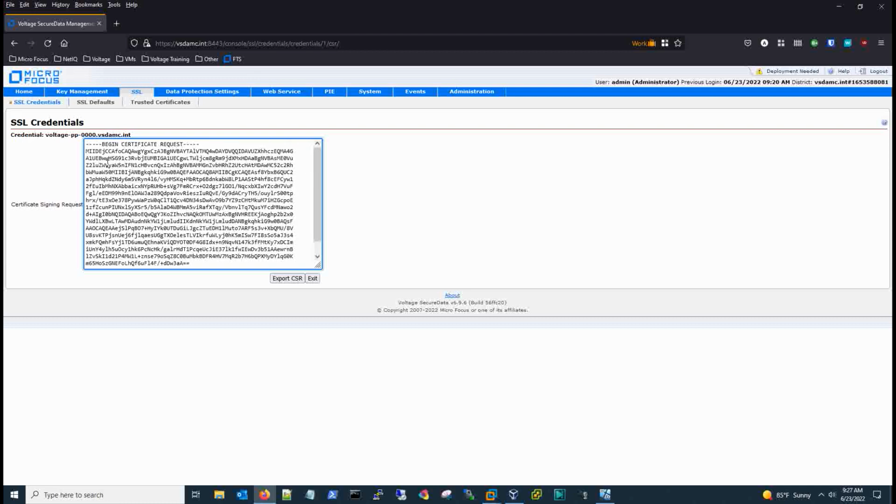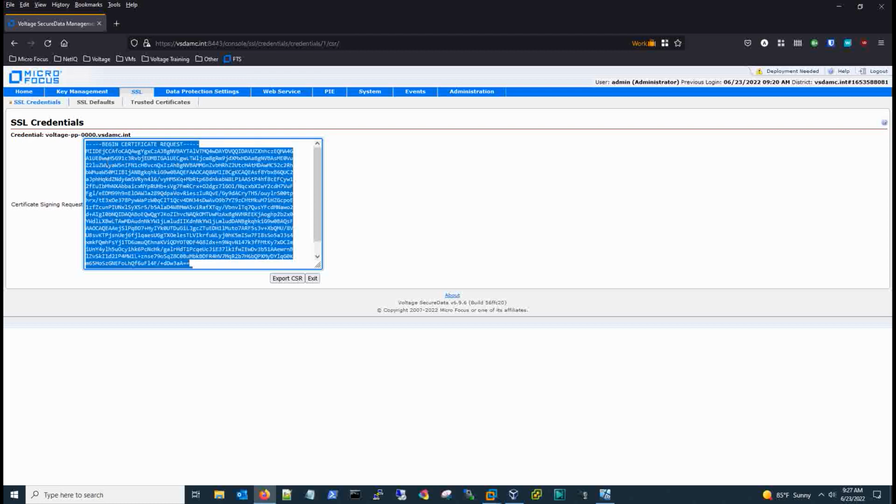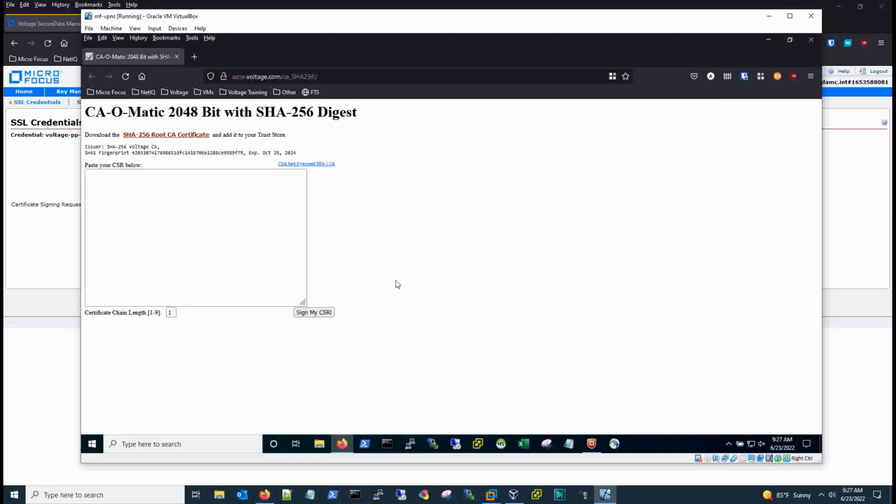In this case, we're just going to copy and paste because we already have a method to generate the certificate. So we're going to go to our tool for generating certificates, and this will vary depending on the person working with the SecureData appliance, because it could be an internal certificate authority by an organization, or it could be a third-party entity that is going to be issuing the certificate. In this case, we're using an internal CA for testing purposes,